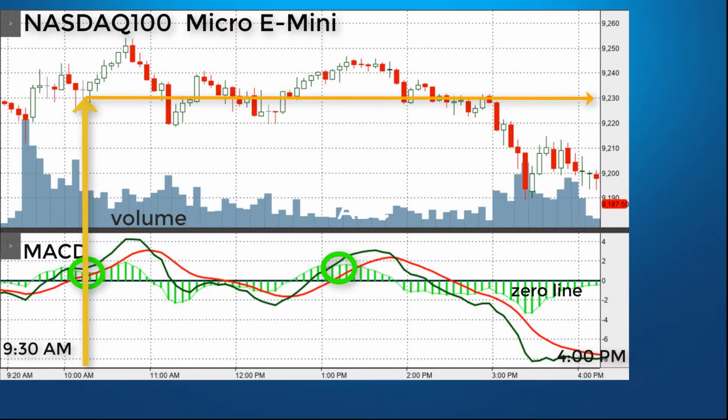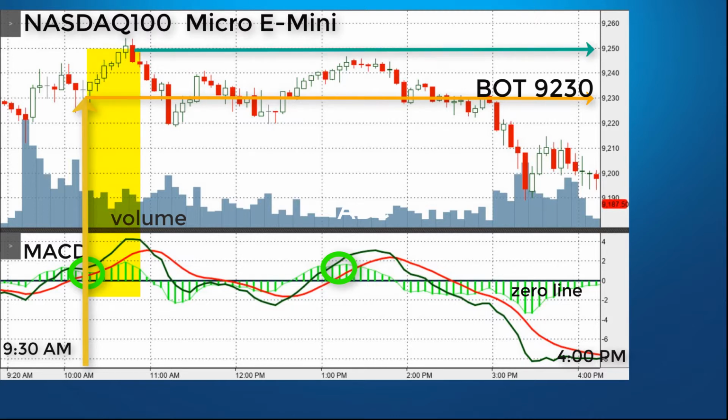The time is 10:10 in the morning. We put in a buy order to buy one contract of the NASDAQ100 Micro Emini at a price of $92.30. And we entered that trade. We're filled, and by